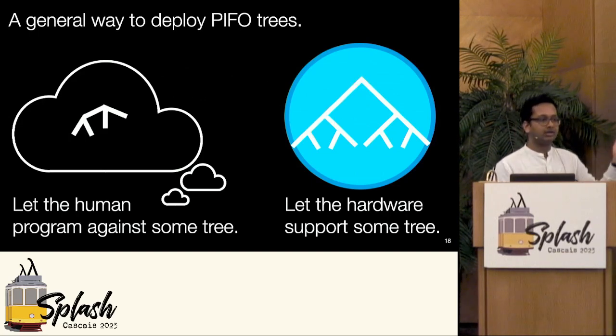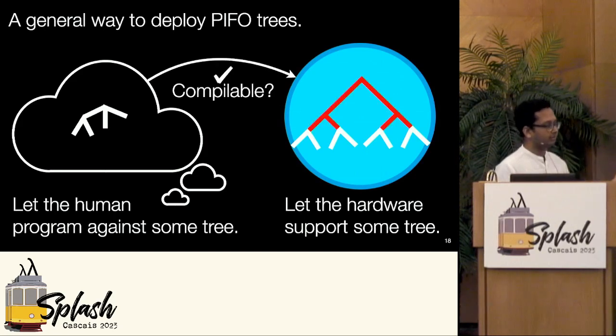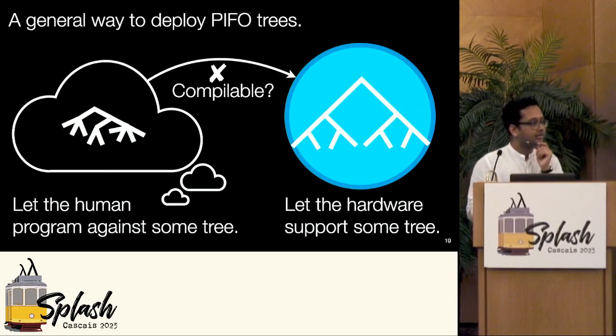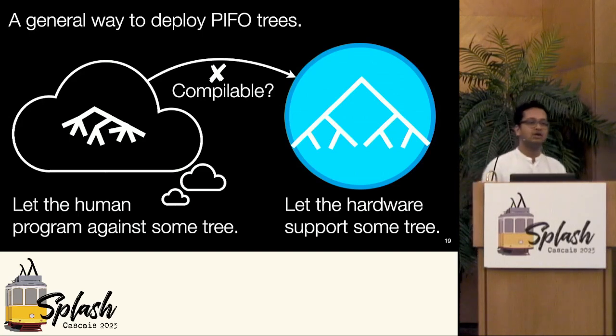They wake up the next day, they want something else. I compile again and see, is it going to fit? Yes, it is, into that fragment. And so again, life is good. I can go on. But the next day they want that, and I check if it's compilable. Oh, no, it's not. But now I can give them a little bit more information. I can say, look, you had too many leaves, or your height was too much, and they can adjust. And if it turns out that millions of users all need something that the hardware cannot provide, we can ask the hardware providers for some change in an informed way. We're not just being flip and asking them to make new things for us every single day, right?